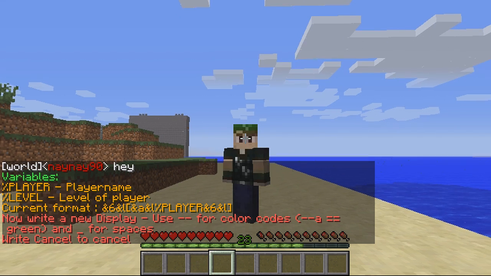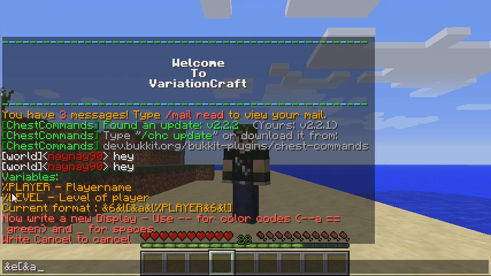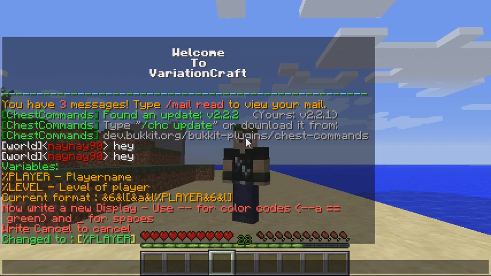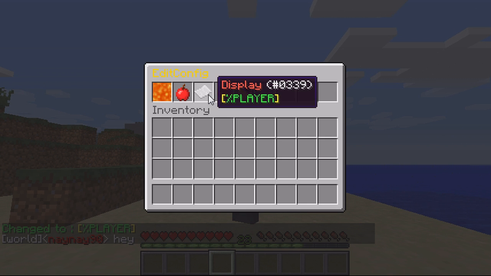Edit config, display name, so write a new display name. So this time I'm going to do, and E is yellow, and A is green, and then you can see here it says player, so %player, and then and E close bracket, so hey. So as you can see I just changed it to the same actually, so that was a bad example. If I change it again,